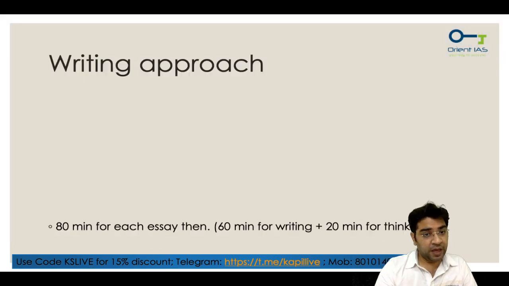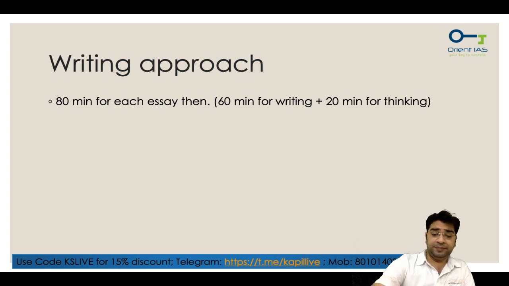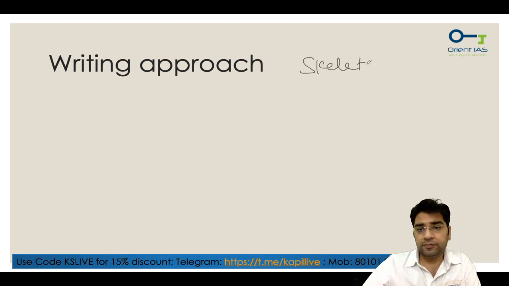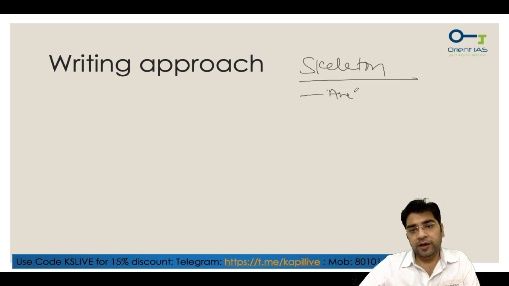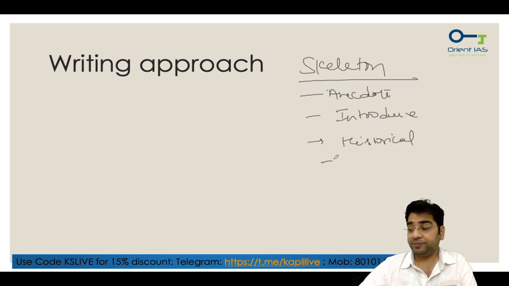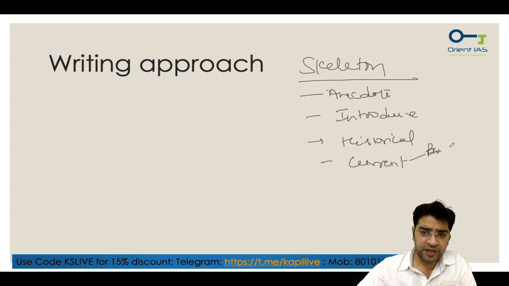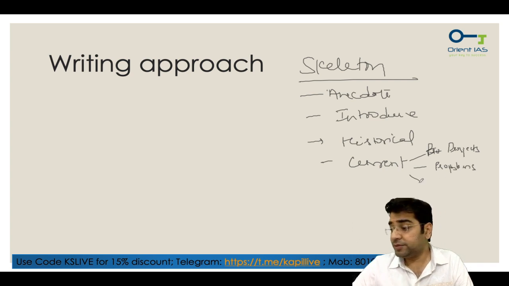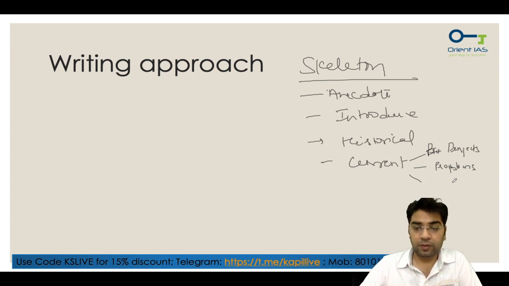Now comes the skeleton. This skeleton can be divided into important components. You should go with an anecdote first, then introduce the topic, then the historical approach, then the current. In current you will write problems, what has been achieved, prospects, then problems, and after writing problems, the current problems, and then comes